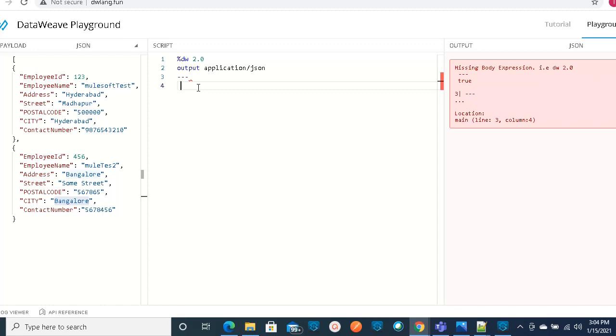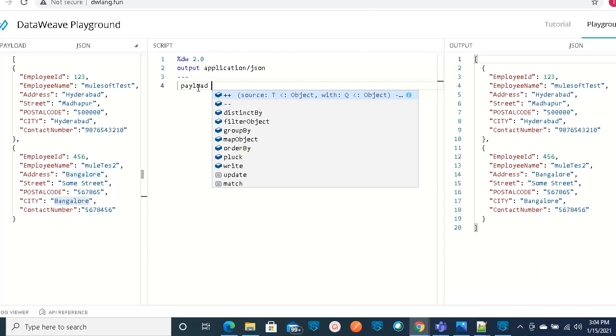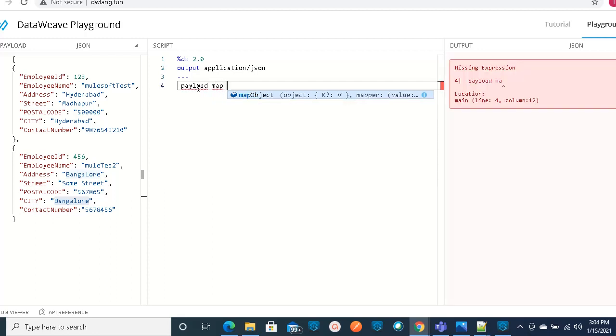To do that, you need to first iterate this input payload by using the map operator. Inside that you need to create one object; here I would like to use employee as my object.